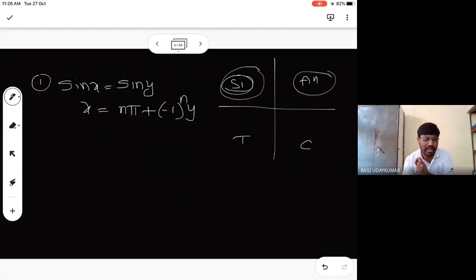If you understood the logic, then even if you ask me suddenly, I will not directly say it, I will apply the logic. So suppose sin x equal to sin y equal to n pi plus or minus 1 to the power of n. Minus 1 to the power of n is nothing but